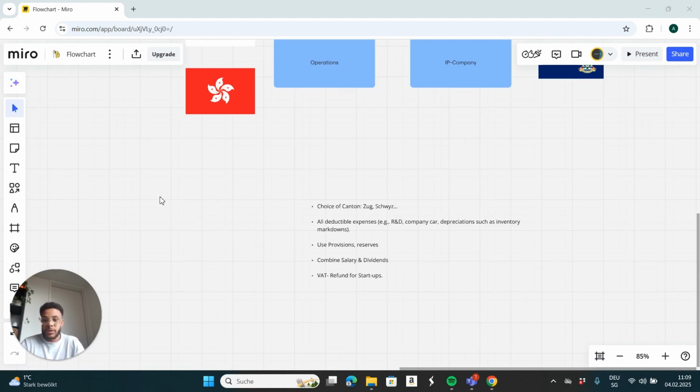This might be for a trade company a big portion of your balance sheet, so also a big impact on your tax burden. Next, use provisions and reserves. If you are in any jeopardy of having to pay expenses in the future, you can deduct them from your taxes for the current year. Next thing you can do that's pretty easy is combine your salary with dividends. You have some pivot point where it's smarter to pay out dividends instead of paying yourself a salary for the tax burden on your personal income. So that's what you can optimize.